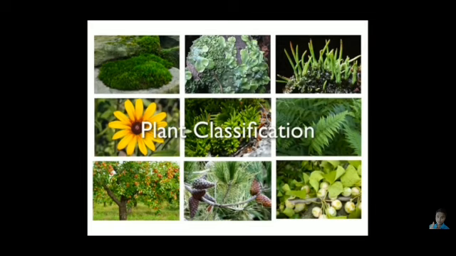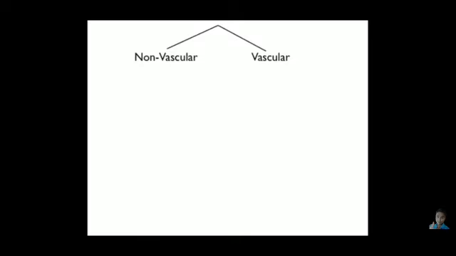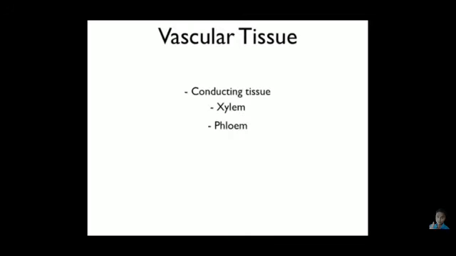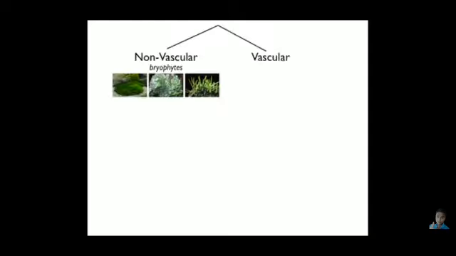As you can see, the beautiful slide shows different types of plants here. So we basically classify plants into two groups, non-vascular and vascular. What is the meaning of vascular? It is the presence of conducting tissue, that is xylem and phloem. Not only this, along with the conducting tissue, there has to be something called vascular cambium or cork cambium, that is part of the conducting tissue. So that is called the vascular system.